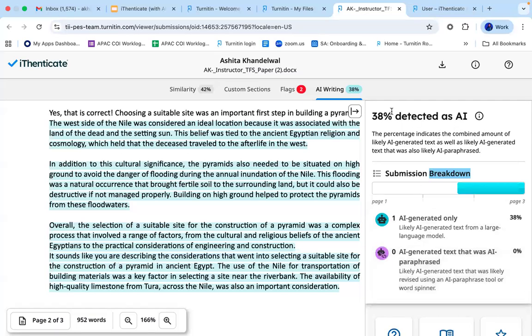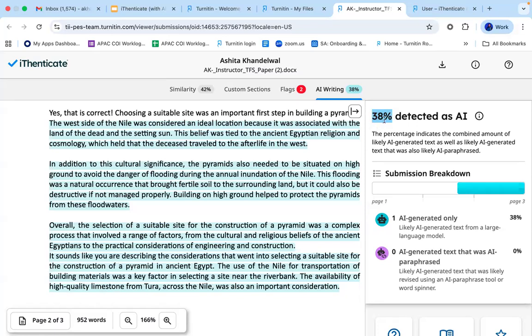The percentage that you will see will help you understand the score that is allowed in your institution, whether this is acceptable or not, and how you can lower it. Now, one thing to note over here: if you find any score which is lesser than 20%, it will only show you an asterisk sign.